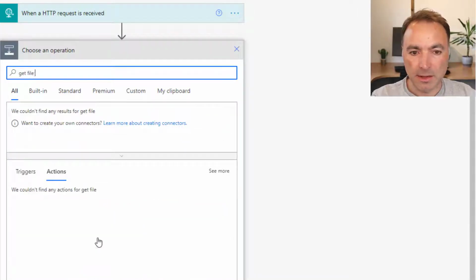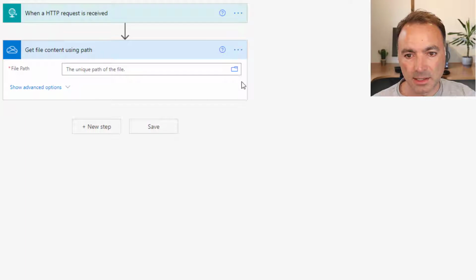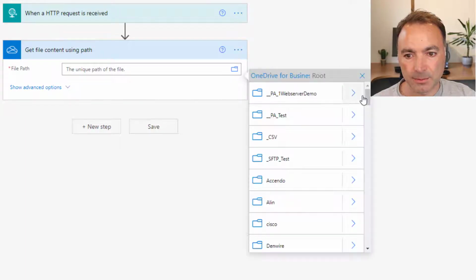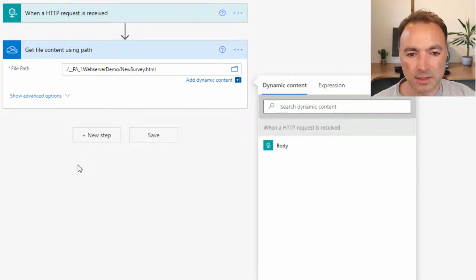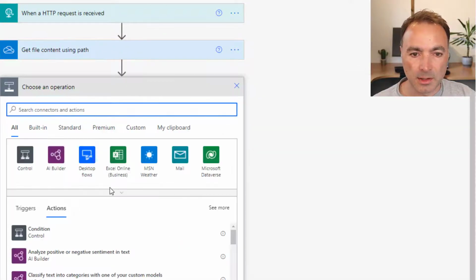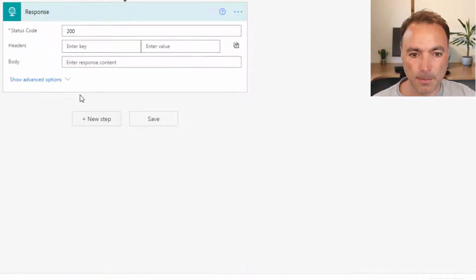I'm going to do get file content using path, OneDrive for Business. I'm going to point it at that file. And we got that new survey.html. And then I'm going to do a response action. And that is all fine.